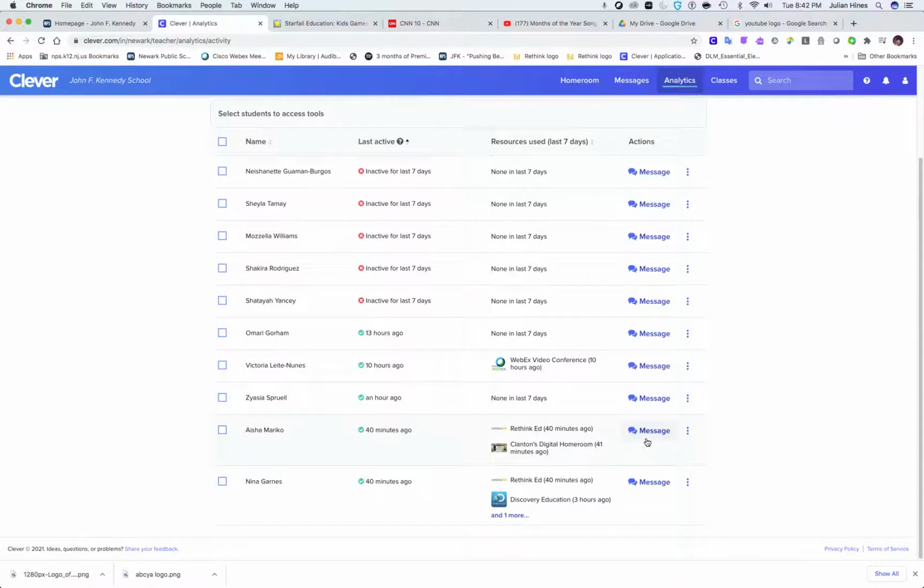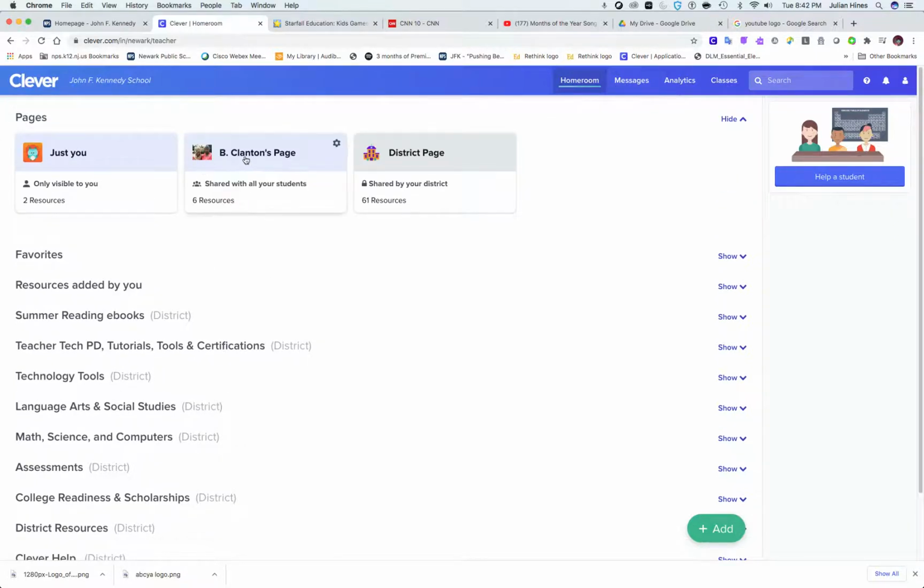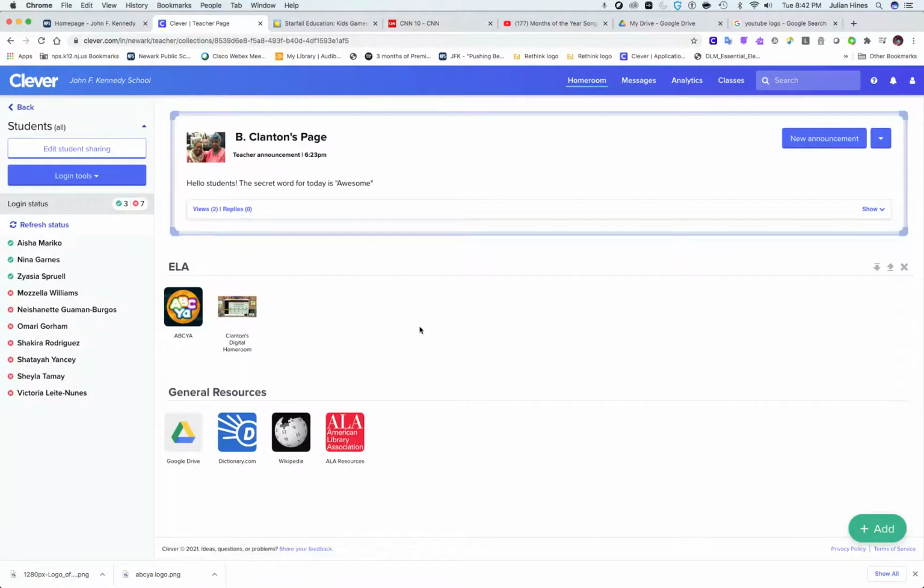All right. So I need a sample password. So you can send messages. Again, this is just an intro. Let's go back to homeroom and let's go to Clinton's page. So under Clinton's page,